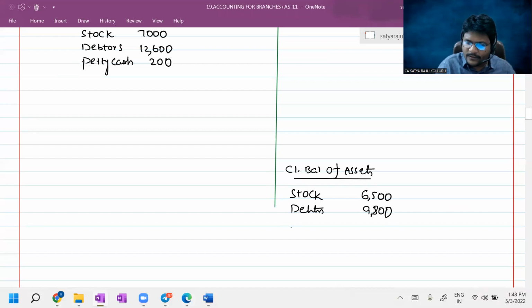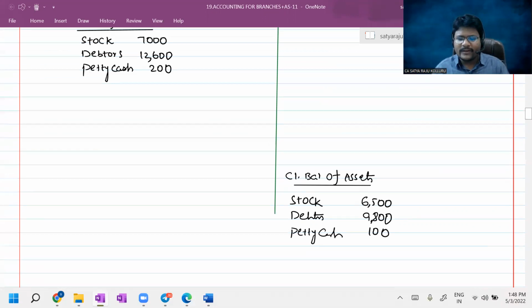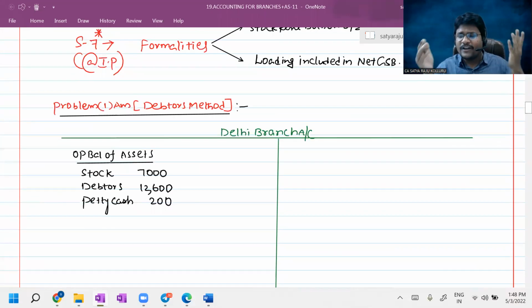Next, petty cash given at 100. In case of the debtors method, no need to think about each and every expense and each and every income. You can simply follow that 6-step approach. One more thing, in case of the debtors method, head office is only going to record transactions entered in between head